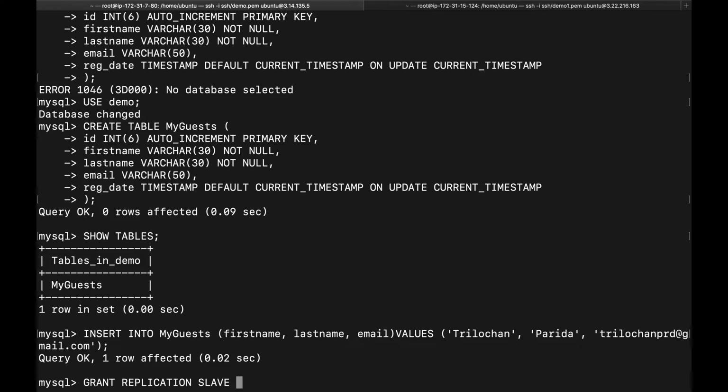So grant replication slave on *.*. Yes, star dot star means we are giving the slave access to do all the operations. You can put your username here. I am putting slave_user, at the rate wildcard, so I will put a percent symbol.